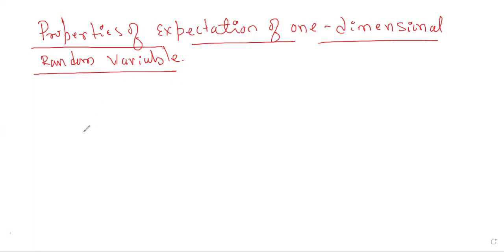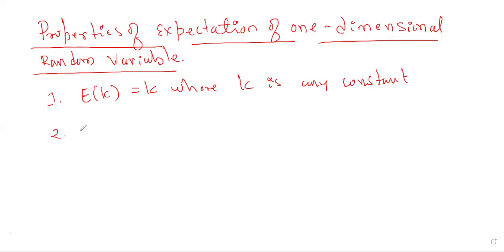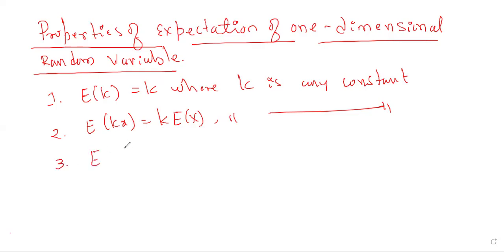Right. So if x is any random variable, either it may be discrete or it may be continuous, then the first property, expected value of k equal to k, where k is any constant. Next, second, expected value of k into x. So that will be k into expected value of x, same where k is any constant. Next, third property, expected value of